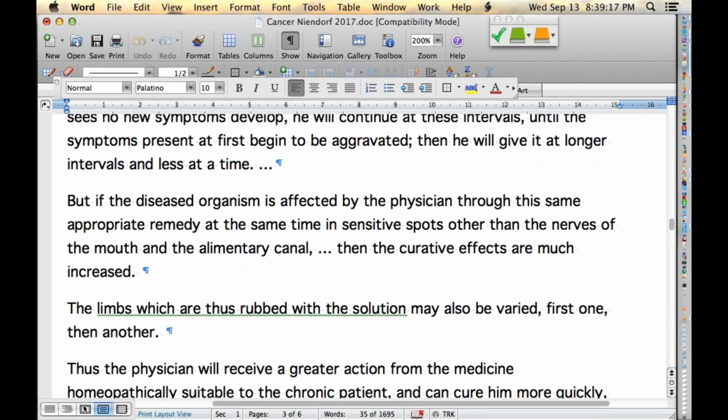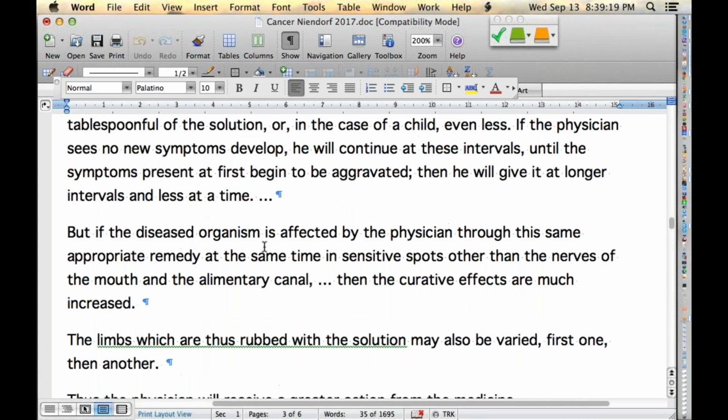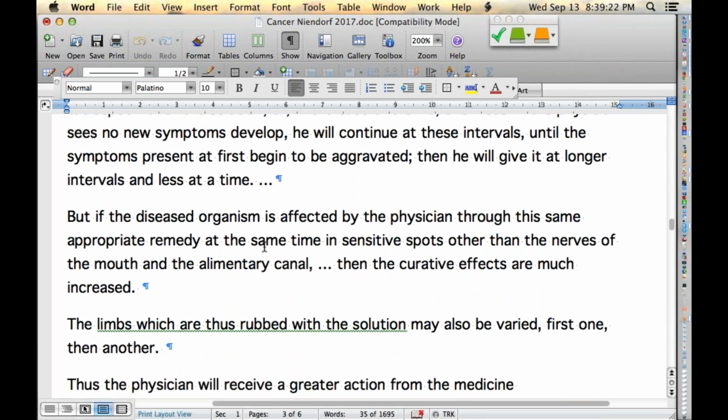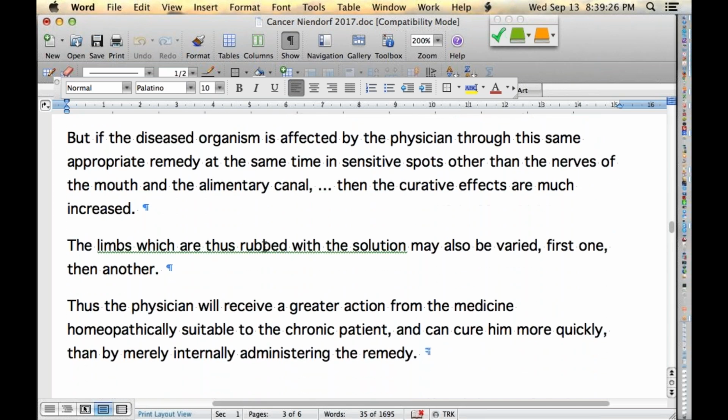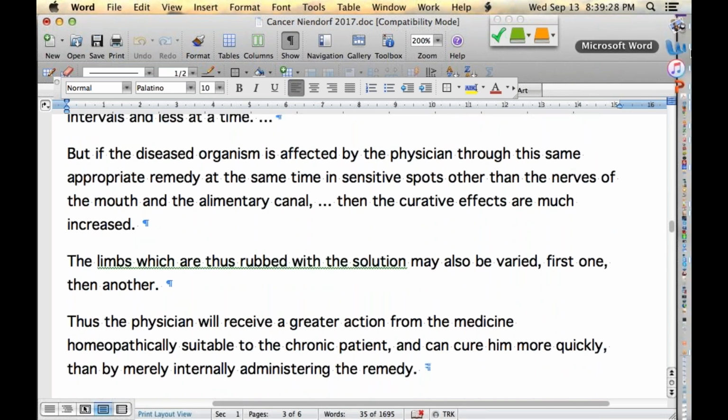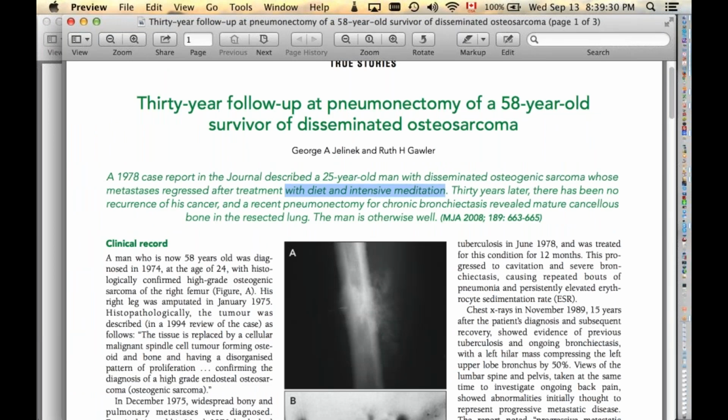I'm not sure if it's here. Yeah, it's here. Hahnemann says in paragraph 285 of the Organon,